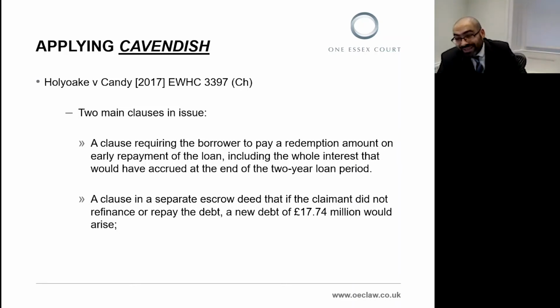And these examples again show the importance of the distinction between primary and secondary obligations and the difficulty in identifying which is which. By characterizing a clause as a conditional primary obligation rather than a secondary obligation, it may well be possible for contracting parties to completely avoid engaging with the penalty clauses regime at all. And that really highlights the importance of creative and clever drafting, which I'll come to in a moment.